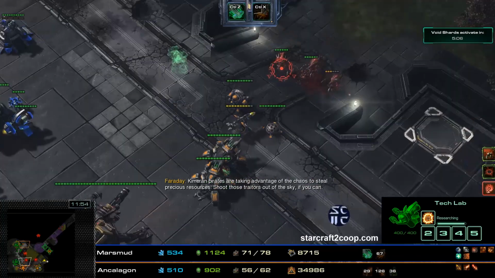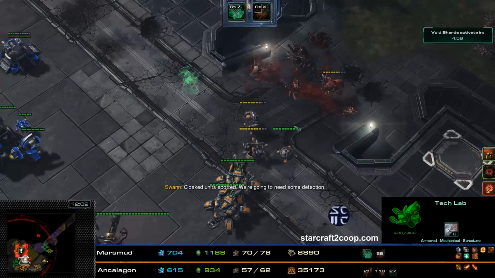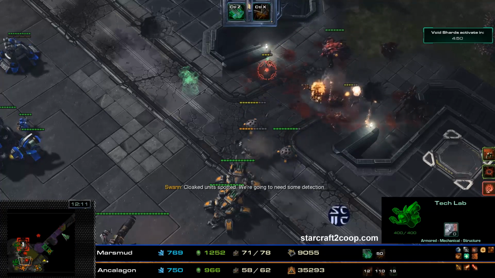okay on this side. Now Swan has a bunch of siege tanks right now. He has his Maelstrom rounds upgrade as well. These Maelstrom round upgrades increase the damage of these siege tanks by a lot. They just end up melting a lot of the units over here. You can just see the siege tank just shelling on this side, just end up deleting the rest of this